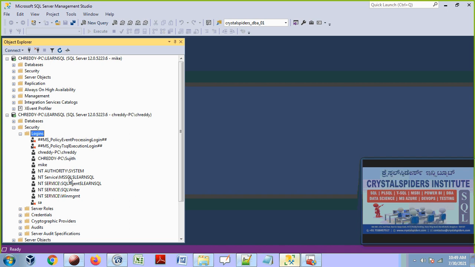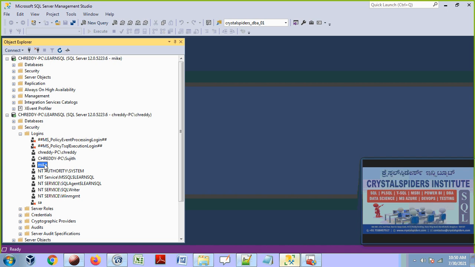In that group we can ask them to add these 10 members, and that group we can add over here in these logins, so that we don't need to add each and every individual username here. We can create one group and add all these Windows users to that group, and we add that group over here. But please remember, guys, that is Active Directory groups and Active Directory logins. Those groups are only for the Windows logins, not for SQL Server authenticated logins.